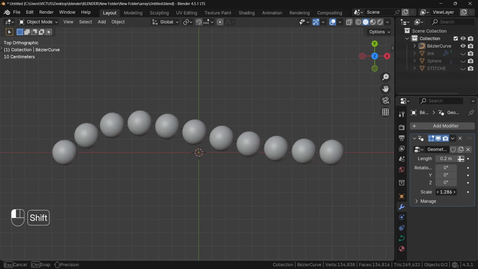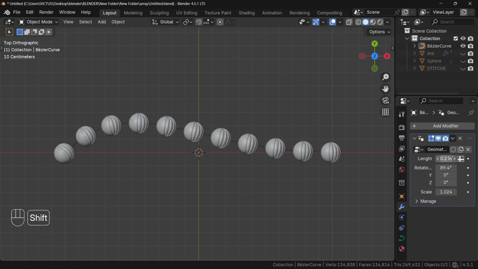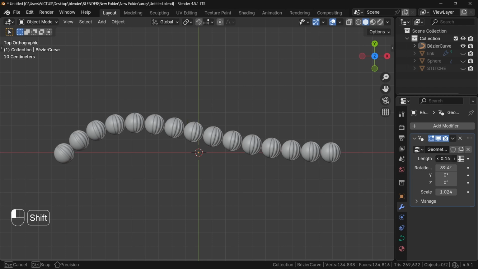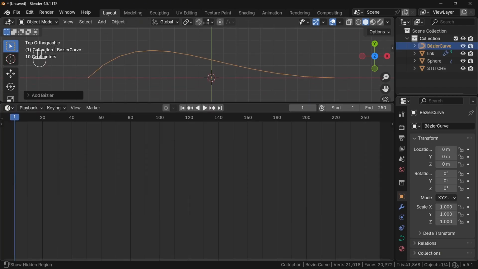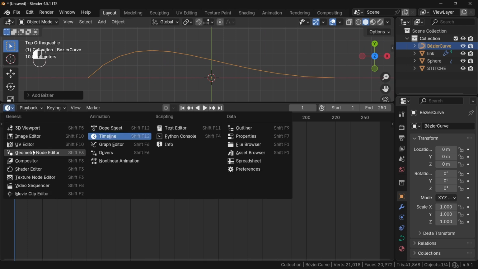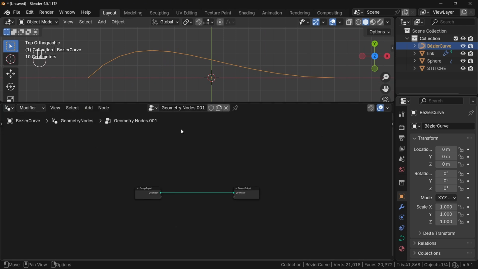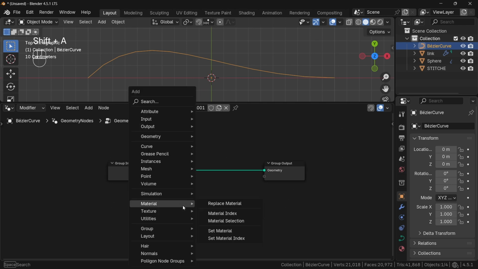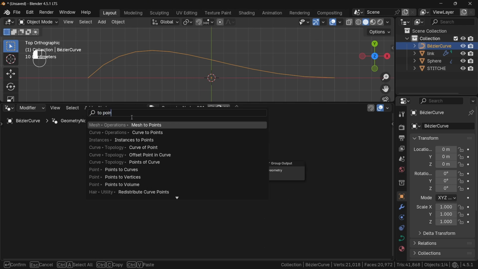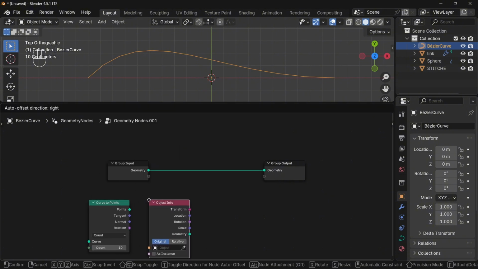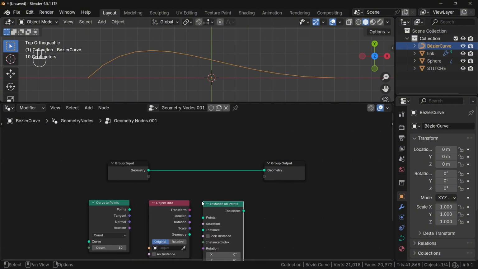How to control the scale, rotation, and distance of objects on a curve using geometry nodes. Open Geometry Node Editor, and with the curve selected, add a new geometry node setup. By pressing Shift-A or from Add over here, search for Curve to Points, Object Info Node, Instance on Points, and